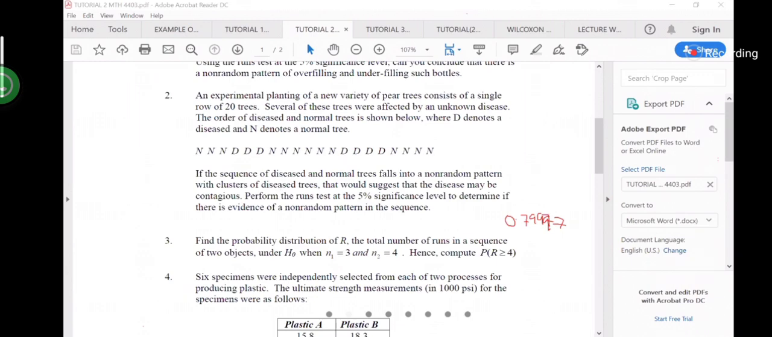Because the probability R greater or equal to 4 should be equal to 1 minus the probability of R less or equal to what? 3. So this is equal to 1 minus the probability of